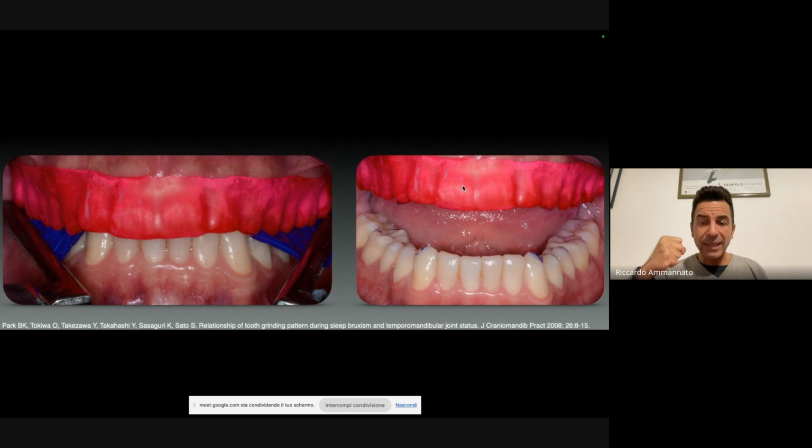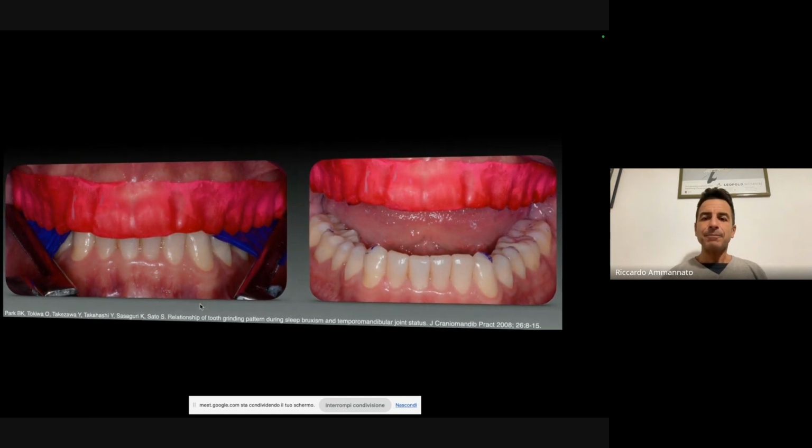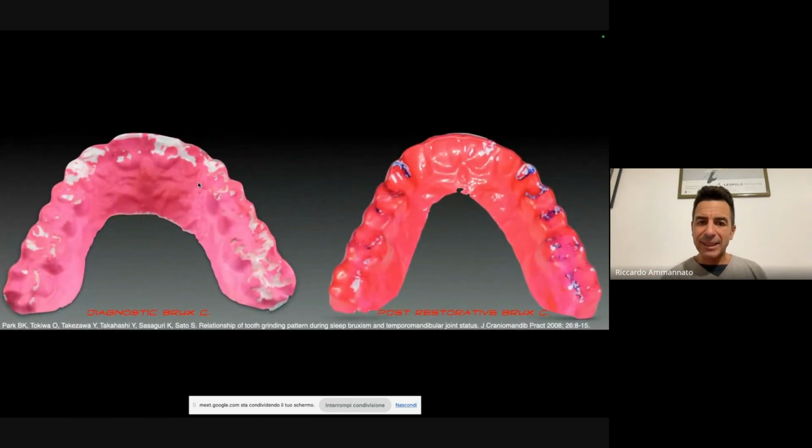He uses it at night, he takes it back to the clinic, and then I want to put it back again, and I'm going to do in the dental chair, when the patient is not lying down but is sitting, the movements that we usually do when we do the static, the dynamic, okay, close, go forward, go lateral, go back, eccentric, and all this. So I'm doing all this here, and then this is the initial Brax checker, the one in the diagnostic part, and this is the final one, okay?